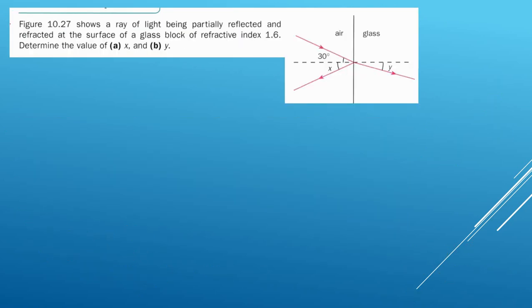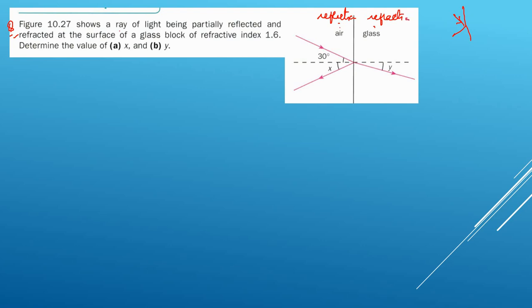Now let's see some more questions. Okay, like this. Light is entering from air to glass. What is the question telling you? It shows a ray of light being partially reflected. Very important: whenever there is a reflection, it means light is coming back to the same medium. So if it is partially reflected at the surface of air and glass, this part is your reflection and this part is your refraction.